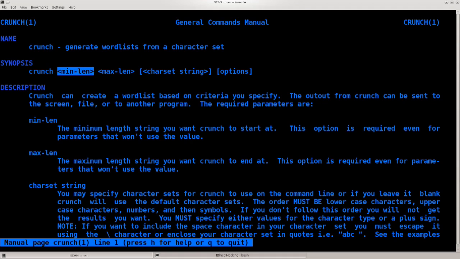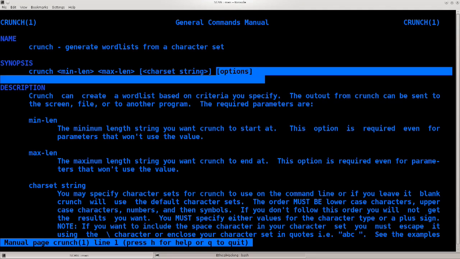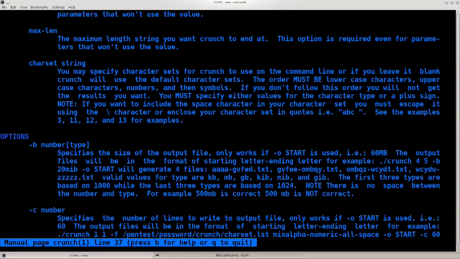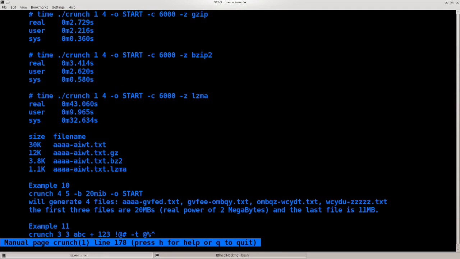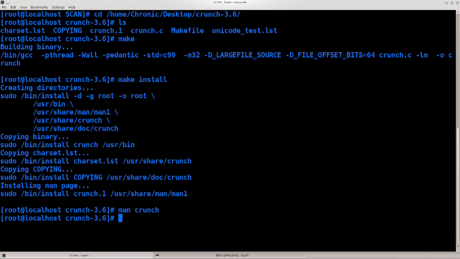You would type in one number here and another number here, the minimal and maximal length. Character set here. You could type them in manually or use predefined ones, and then you can pass a ton of other options if you wish. You don't need to actually read through all of this, but skim through it. Just scroll through it, see what parts you can catch, and see if they are of any use to you. But I assure you, in the later